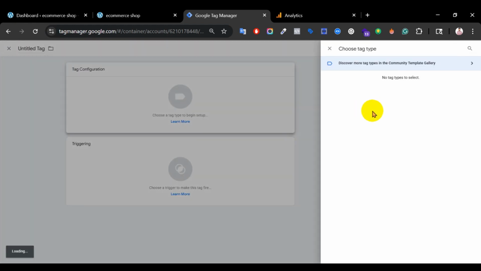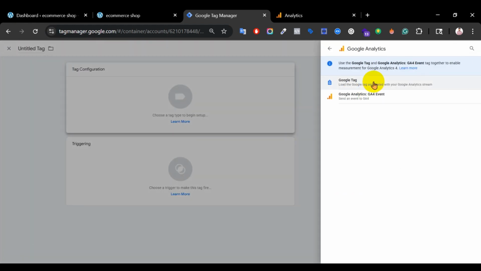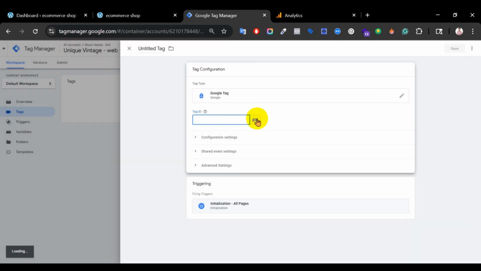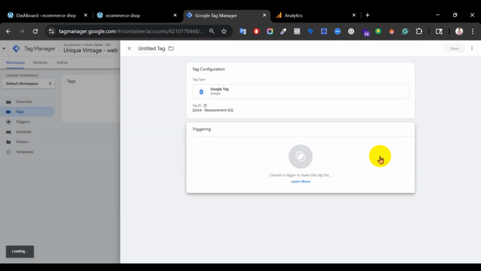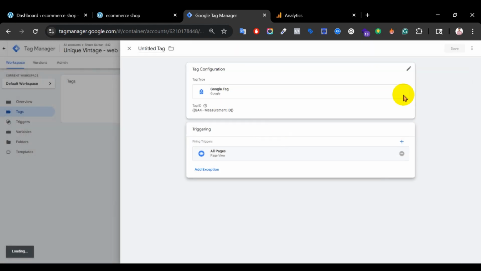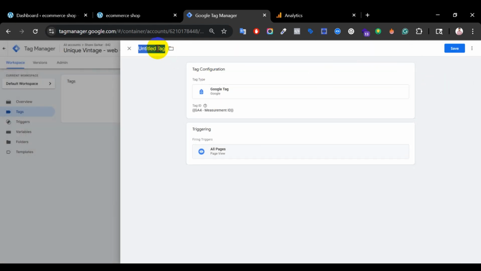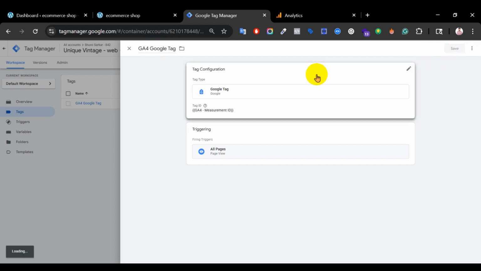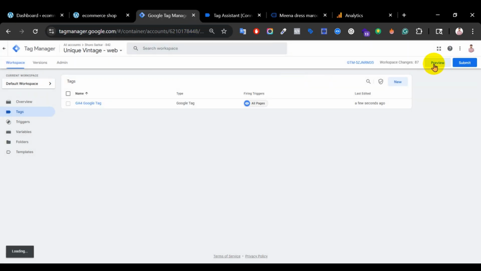new. Here we can select Google Analytics, Google tag. Here we can select the GA4 measurement ID and the firing page, always. Okay, so here we named it GA4 Google tag. Save it. Now preview it